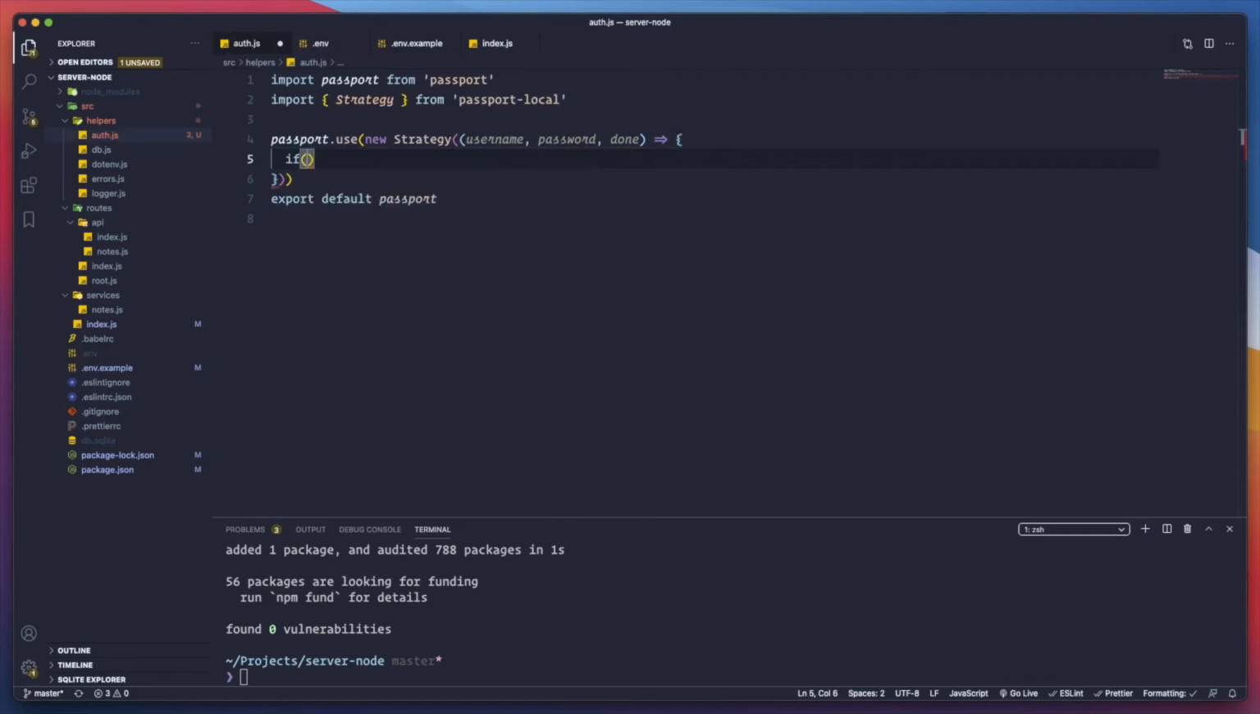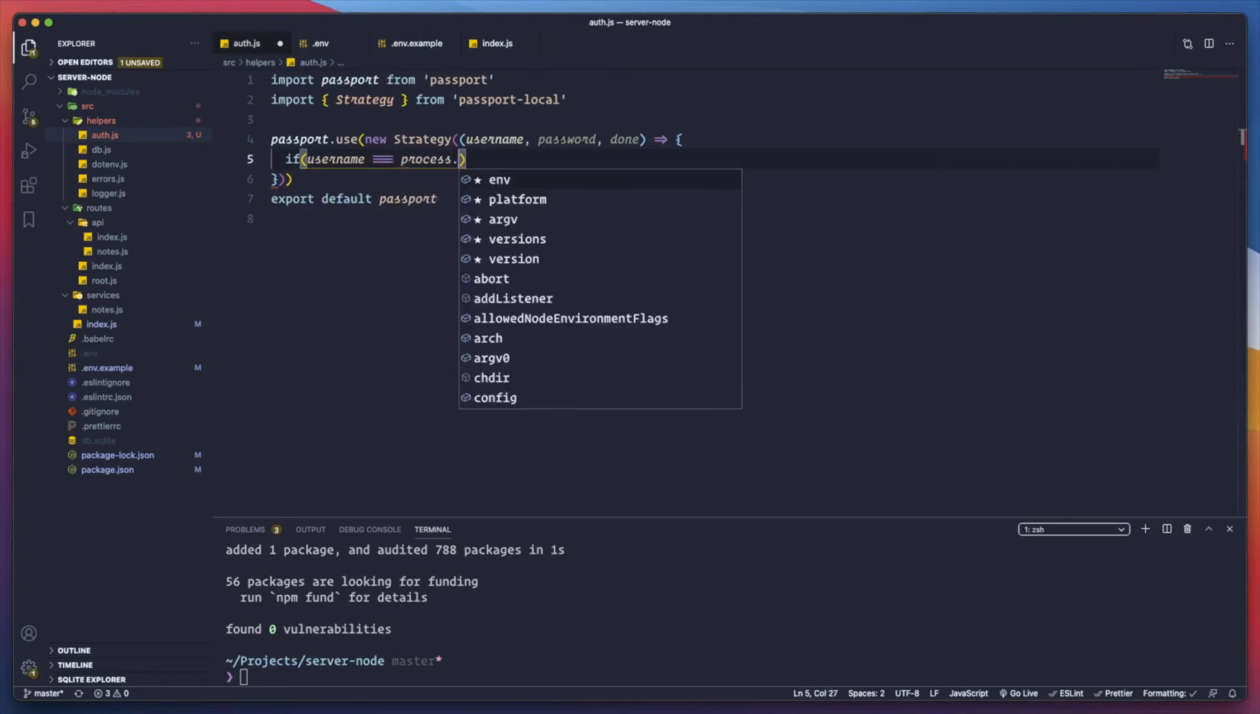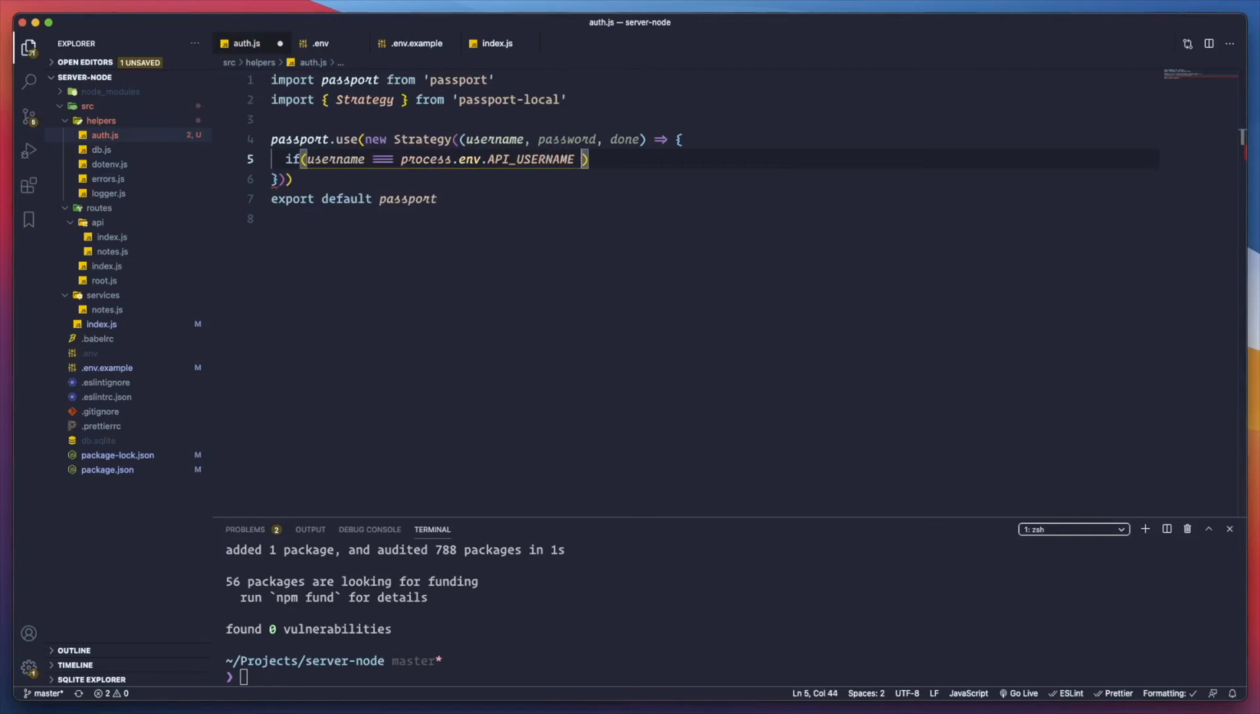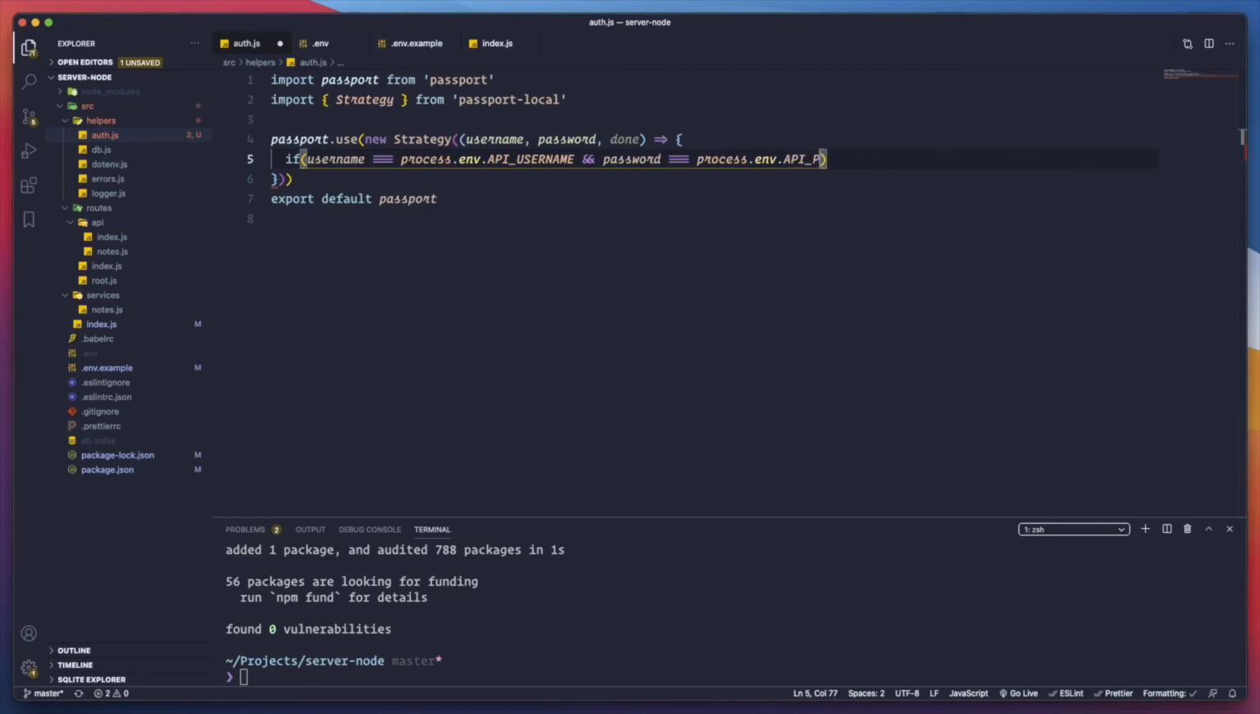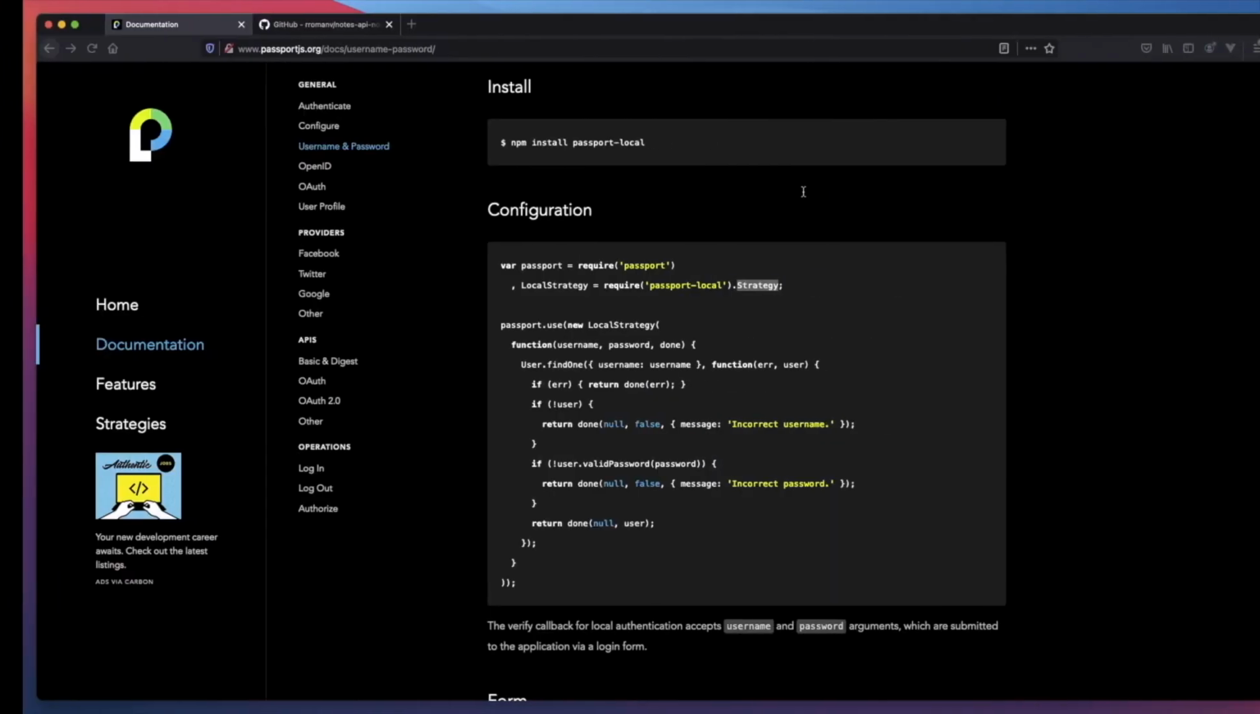And after we do that, we can actually use if username is identical as process.env.api username and password is identical as process.env.api password, right? We need to do something about it, right? So if this is, oops, let me see what I did here. Okay, if that's correct, we need to do